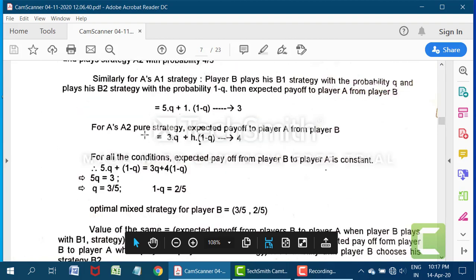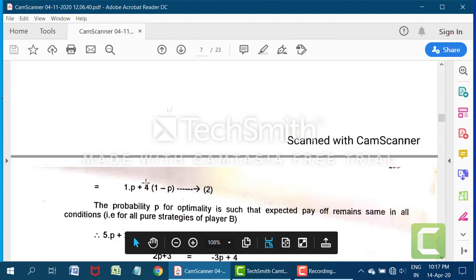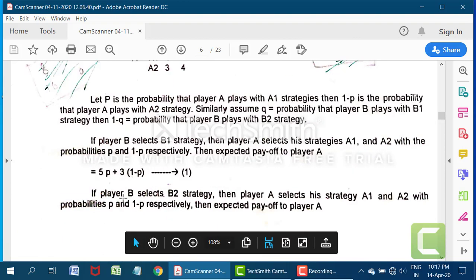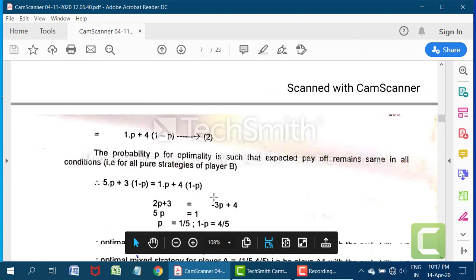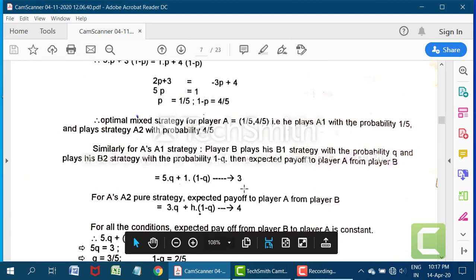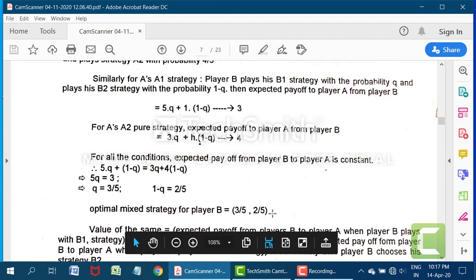This is how mixed strategies for both the players must be found out. That's one aspect of the problem: mixed strategies of this player are to be found out. What is a mixed strategy? A mixed strategy is the probability distribution with which each player is going to select its available strategies. So for A, you have got two probabilities. This is the mixed strategy of player A. And for B, you have got a mixed strategy.